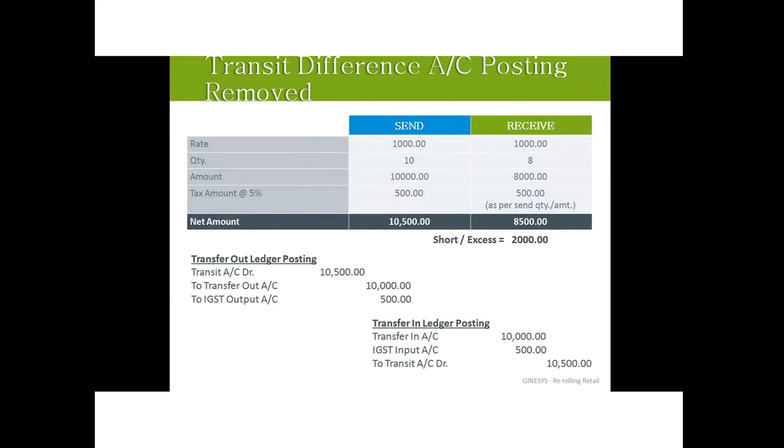Here there's a difference in the stock, the transit difference posting concept, which I'll be explaining here. See, previously what we used to do was post the difference amount in the short excess account, that is the transit difference account. But post this patch update, we won't be doing the same. What we will do is